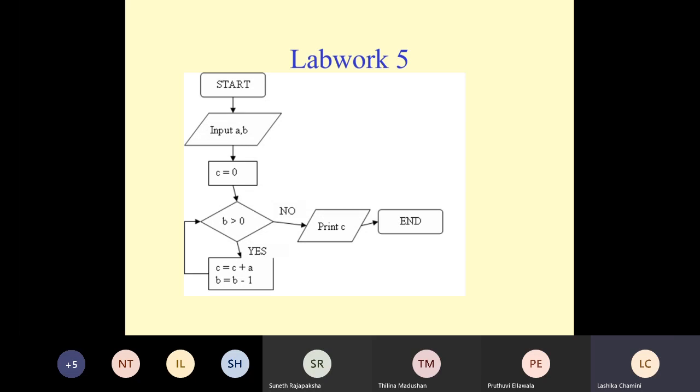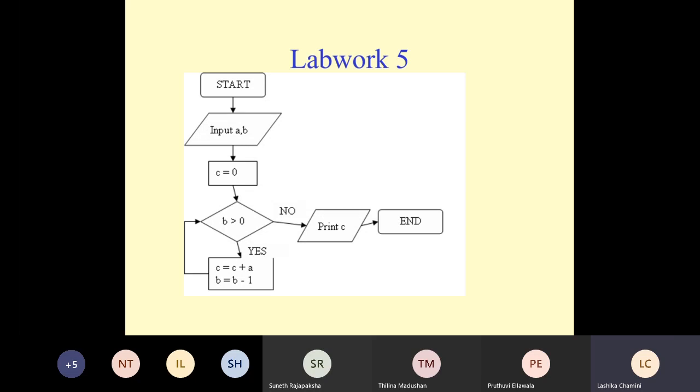If B is greater than 0, we go inside this loop structure and get the sum of A. In the first iteration, we add the value of A to C, and then here we deduct one